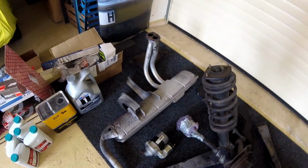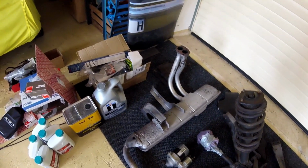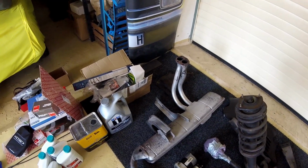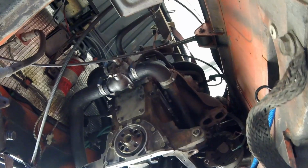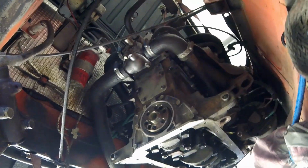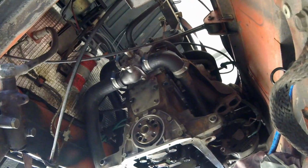The starter has come new at some point, and I'm going to get rid of this exhaust and replace it with a stainless steel one made in Italy. And here again I have some brake parts that still need to go into the car. Well, that's it. I also almost forgot to replace the thermostat inside here, because I thought, well, it's so hard to get to from above and from underneath. You have the gearbox out and are in the middle of it, so it's quite a sensible thing to do,